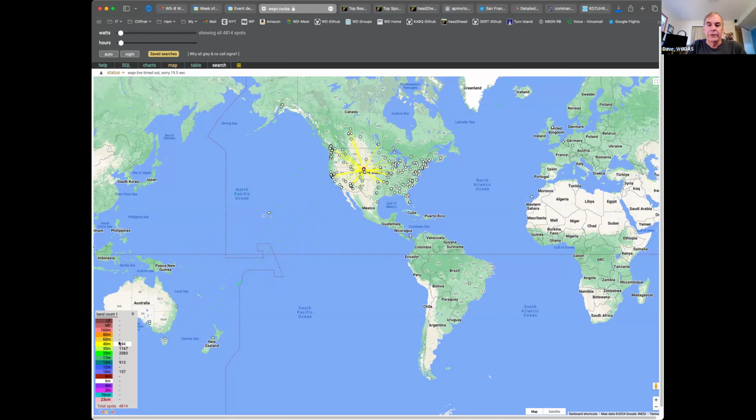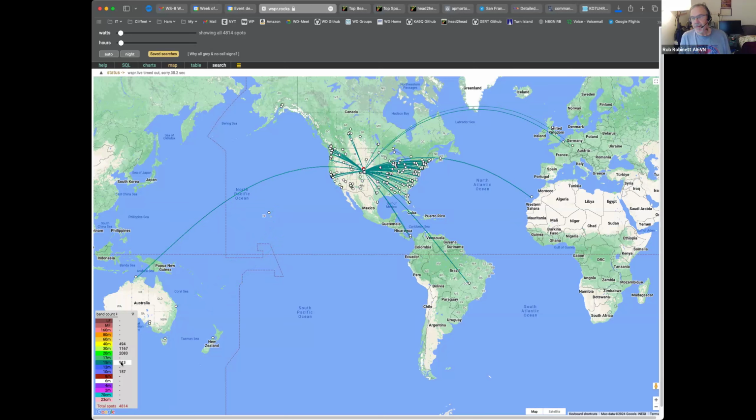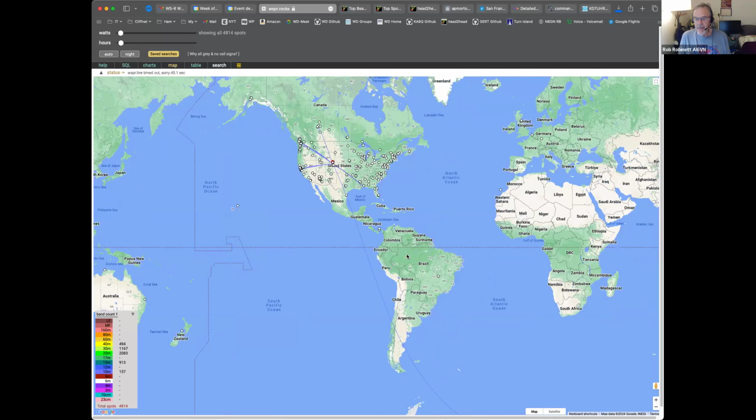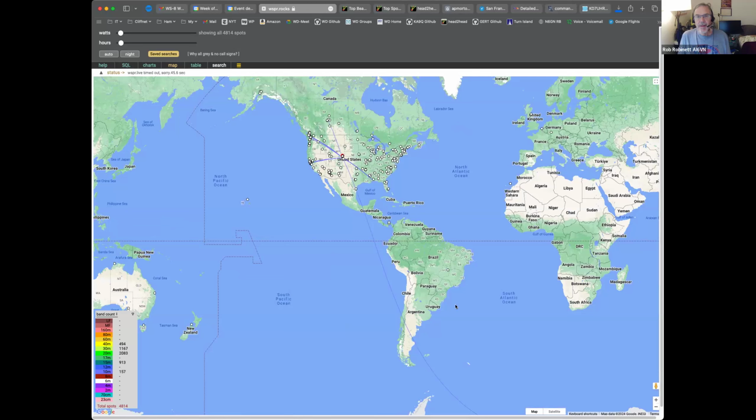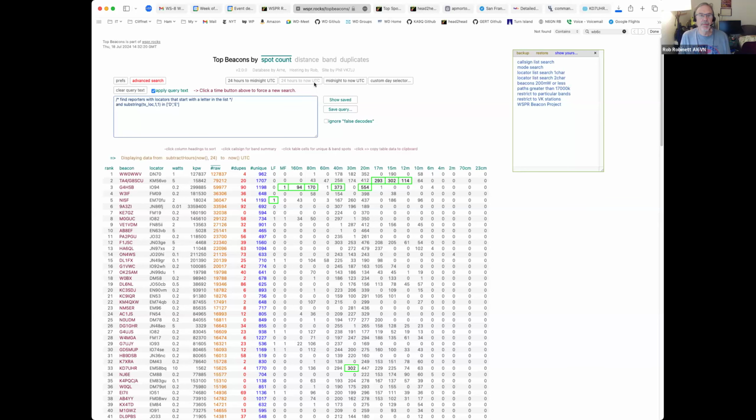Hey, we made it to Antarctica. That's great. There's 40 meters. There's 30 meters in the last hour. Here's 20 meters. Here's 15. You can see 20 is closed to Europe, 15 is open, and here's 10. I'm kind of surprised, but you got it down to DP0, the German station hears you.